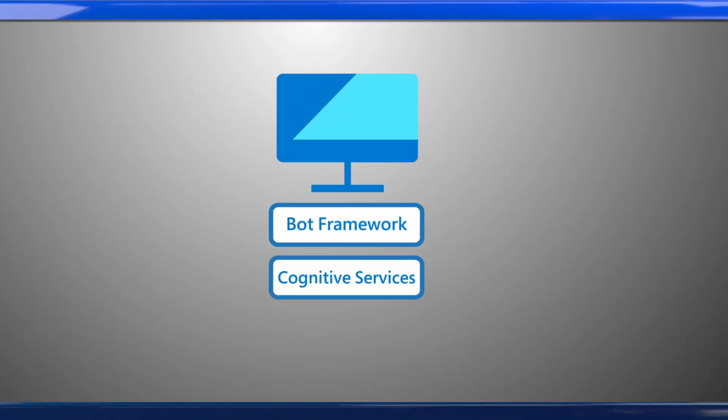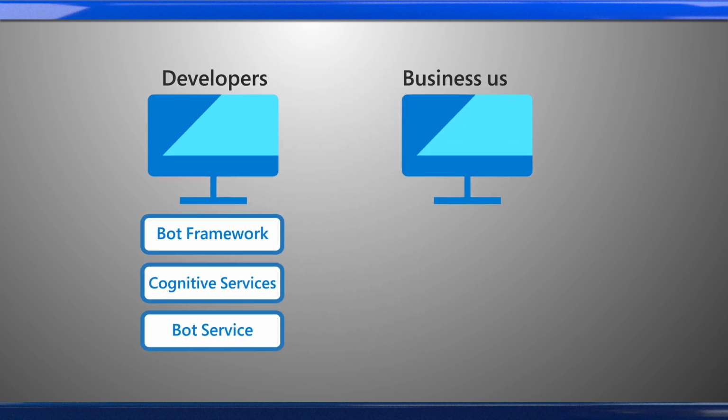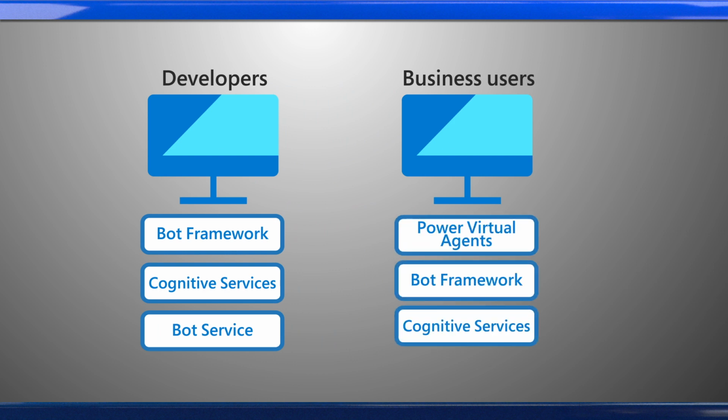In the next few minutes, we'll cover key steps to build more advanced chatbots, including transactional chatbots, as well as dynamic, context-aware chatbots. The Azure services we'll cover are Bot Framework, Azure Cognitive Services, and Azure Bot Service. And our example today is an internal HR vacation bot, which helps employees with tasks like checking how many vacation days they have left and booking vacation. For a no-code, out-of-the-box solution for business users to build a chatbot, we also offer Power Virtual Agents, a SaaS offering built on top of the Bot Framework.